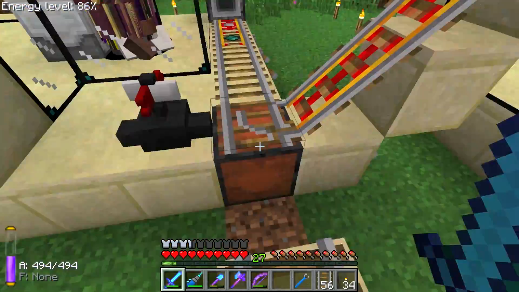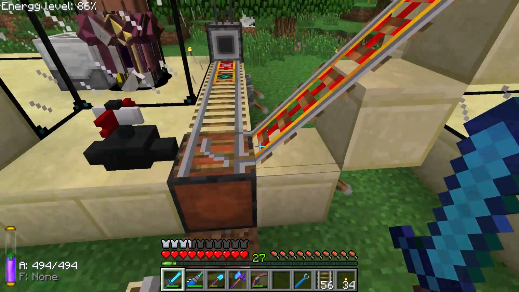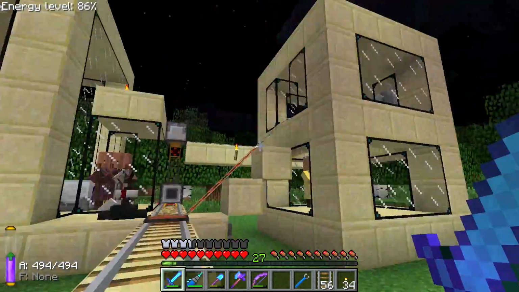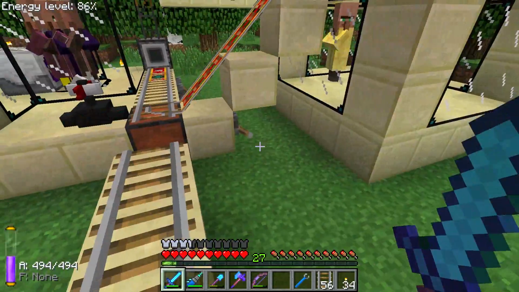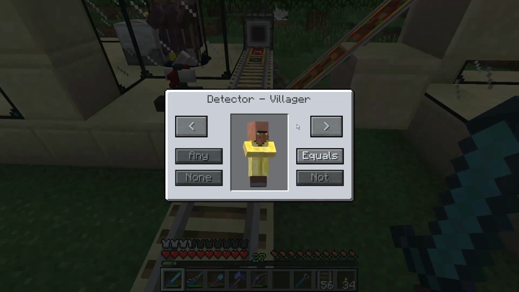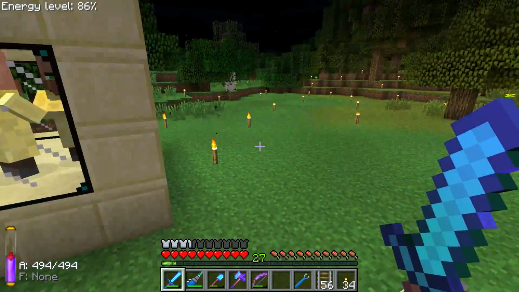Okay, so let's set this, since we actually have two apiarists in there, that's good. Let's set this to apiarist equals apiarist. And I'm going to set up maybe one more of these. Well, we set up one, the rest will just be the same. I'll put another switch track here with a detector set to another type of villager. Villager looking at me. I'm used to being me. Anyway, so maybe instead of that, we'll work on...